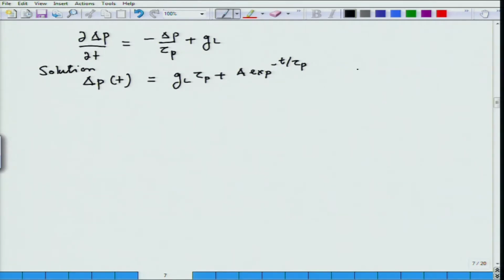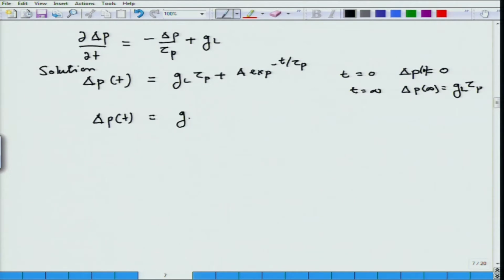If one solves this for the initial condition at t is equal to 0, delta p is 0, and at t is equal to infinity, we need only one value here to solve. Delta p at infinity is what we have seen earlier, g of L tau of p. If we solve for this, delta p of t is changing, and this will give us an expression for 1 minus exponential minus t over tau